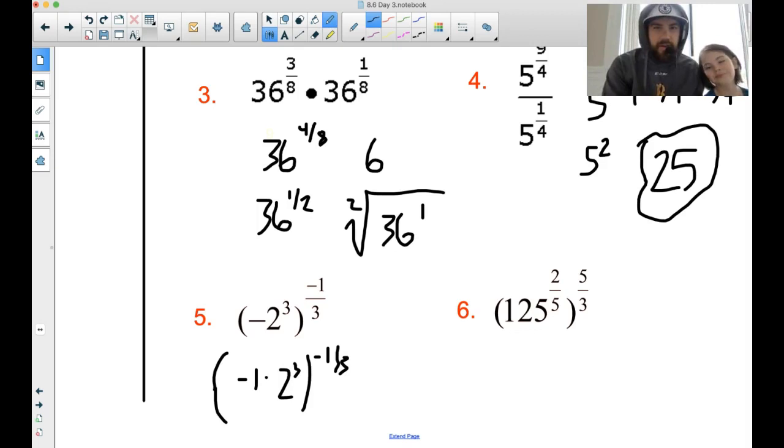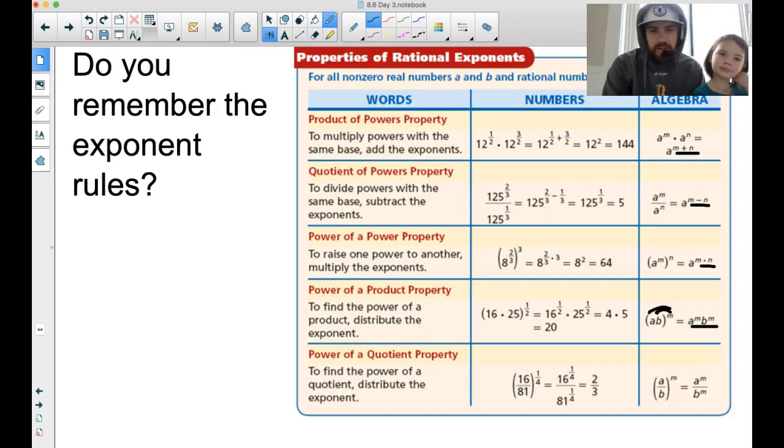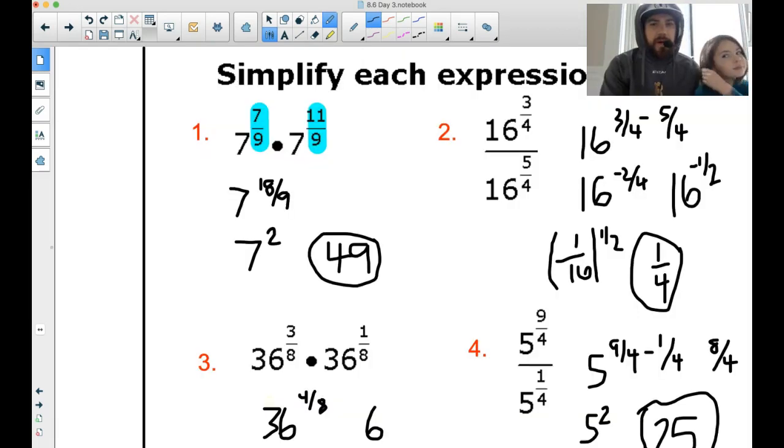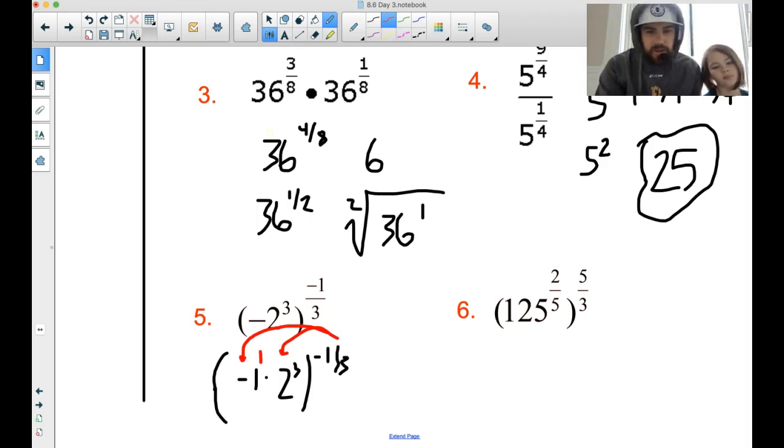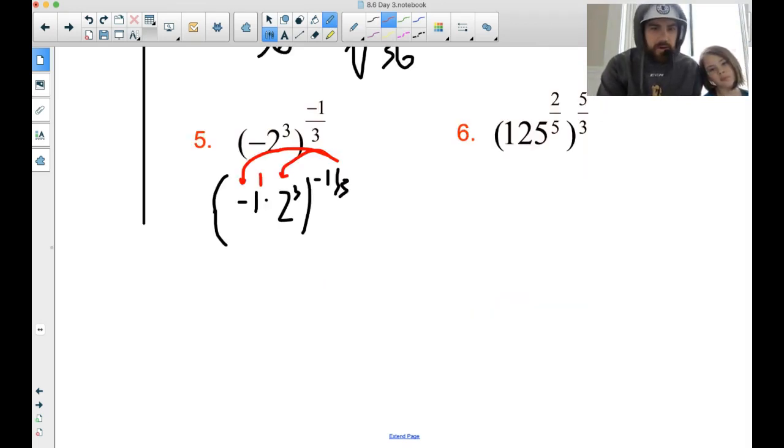All right, so now if we have a power to a power, I forgot what the rule was. Let's go back to the rule. They say this would be a power of a product. So if I have a power of a product, I can distribute this negative 1/3 power to each one of these. So I multiply it there, and I multiply it there. The reason I split this up is because sometimes this negative confuses people. So let's say we have negative 1 to the first power to the negative third power. So that's going to be negative 1 to the negative 1/3 power